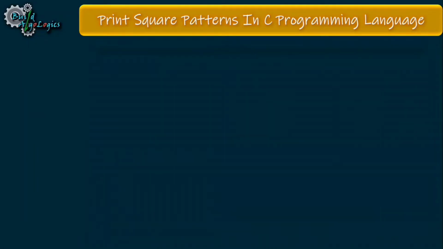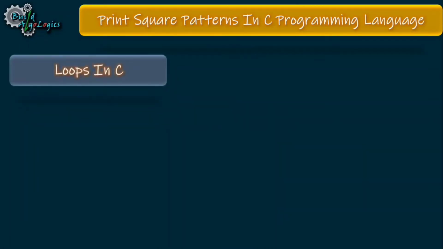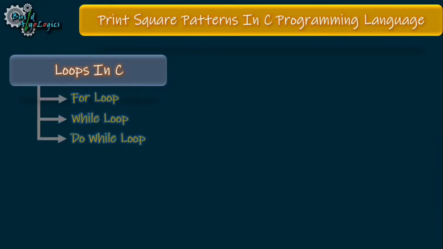Now, there is a concept of looping in programming languages. Loops are nothing but an iterative structure that allows us to repeat the execution of some instructions till the condition stays true. We'll see this in action in a while. In C there are basically 3 types of loops: for loop, while loop and do while loop. Although we can write our code using any of them, in this series we'll use the for loop because it's easy to understand, as all 3 parts are found in one place.